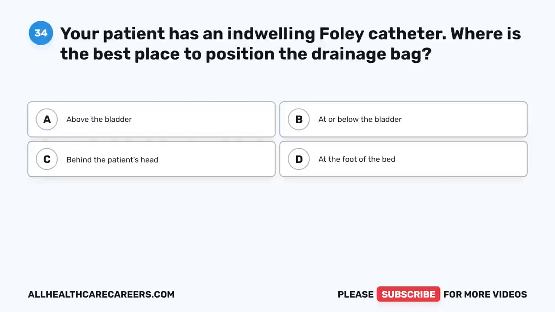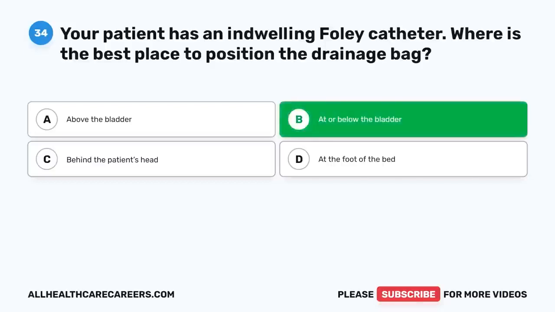Question 34. Your patient has an indwelling Foley catheter. Where is the best place to position the drainage bag? A. Above the bladder. B. At or below the bladder. C. Behind the patient's head. D. At the foot of the bed. The correct answer is